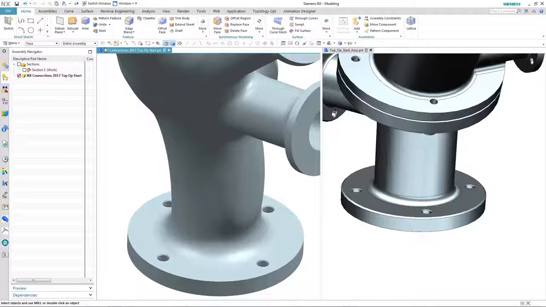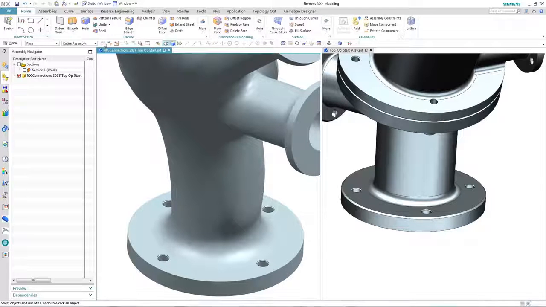The final area of our original flange that we need to include into our new topology optimized design is the chamfer that runs around the edge. Now, currently in NX, we can't apply a chamfer directly to a convergent body. However, under the reverse engineering application, we have a new Polygon Modeling environment that allows us to directly modify the underlying facet geometry. And typically, this capability could only be found in specialized software dedicated solely to this type of